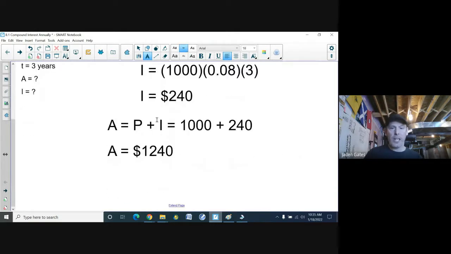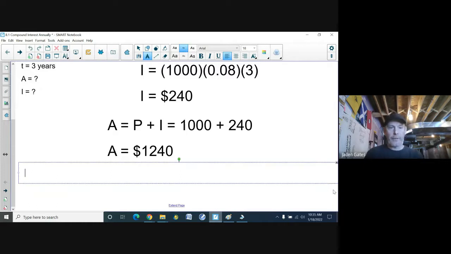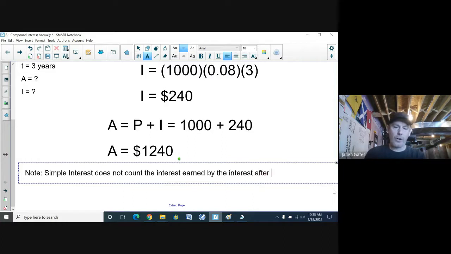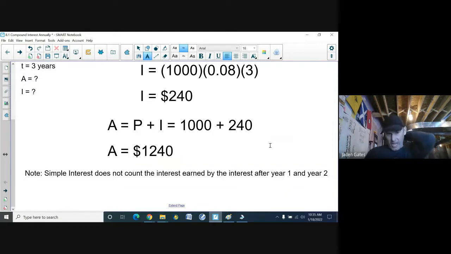Now, here's the key. Here's the difference: note, simple interest does not count the interest earned by the interest after year 1 and 2. So it doesn't include that interest. That's going to be the difference here when we start talking about